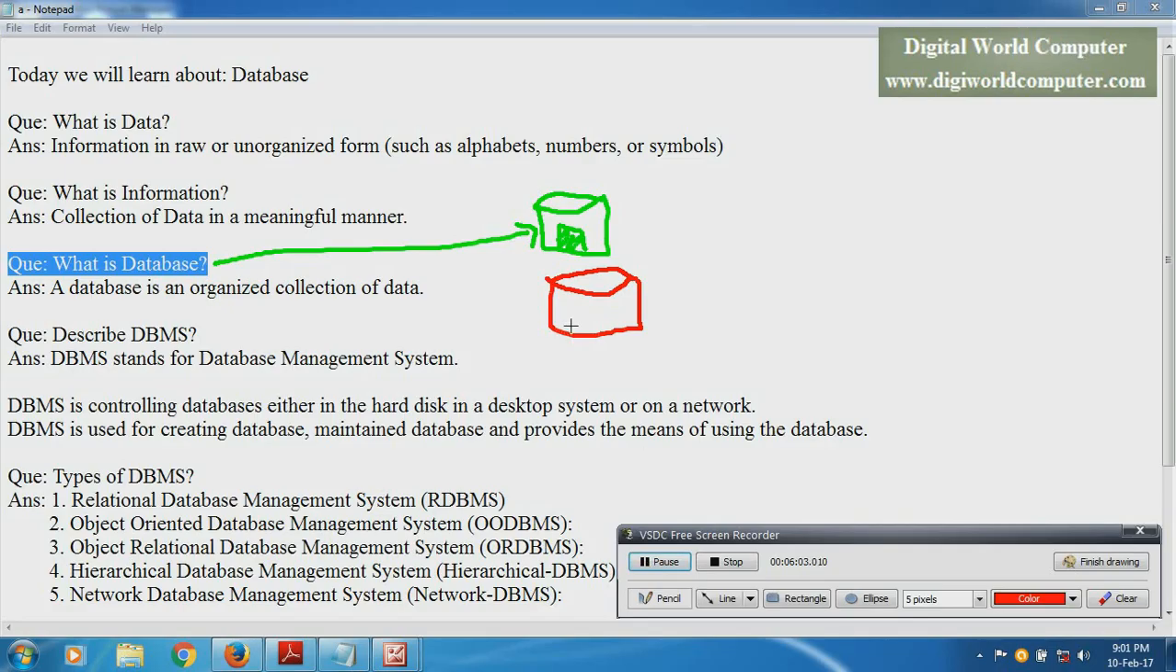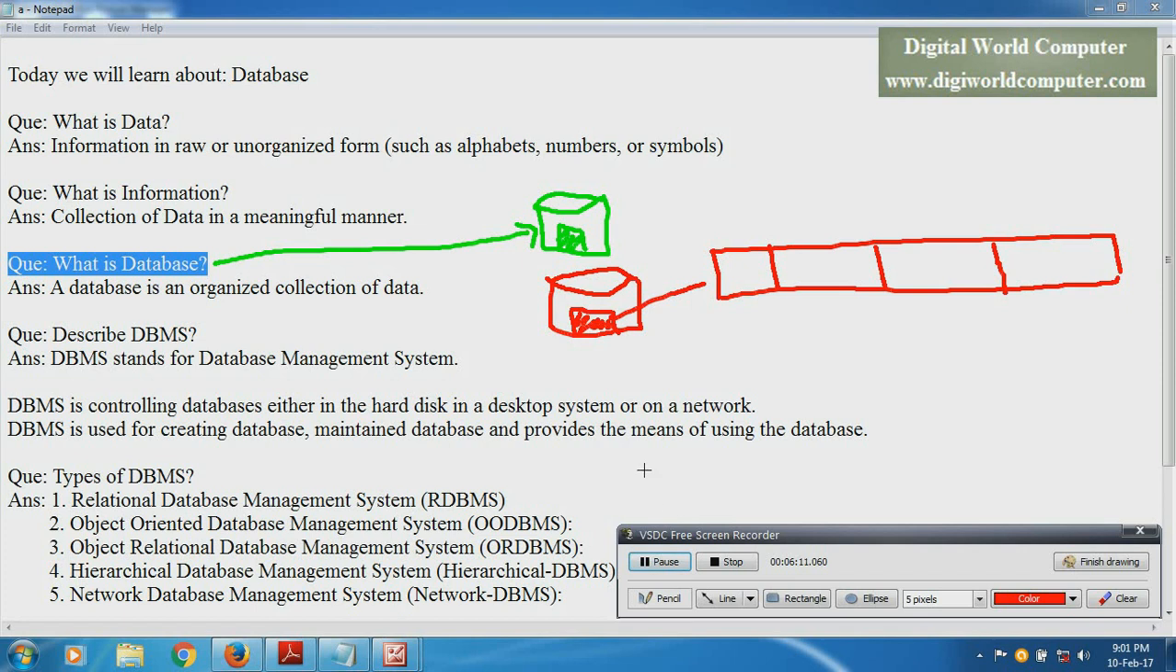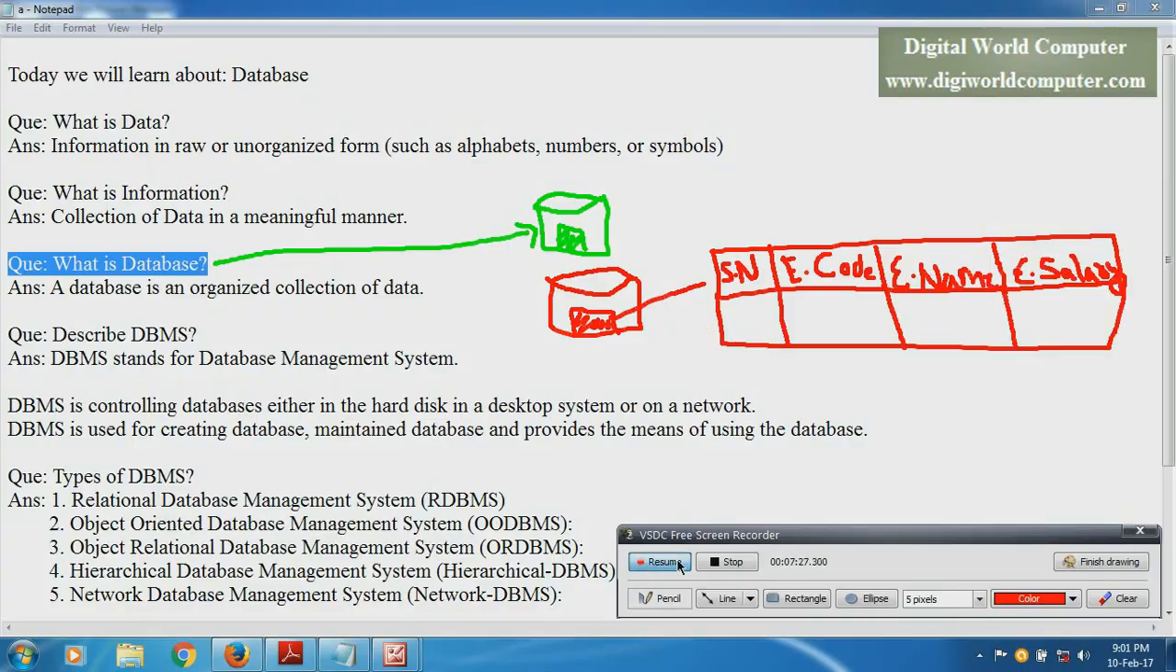An RDBMS is also stored in a file like this, but this file is stored in a table format. Here we store the information in a table format, like serial number, employee code, employee name and employee salary. If we want to fetch the information of employee 20,000,